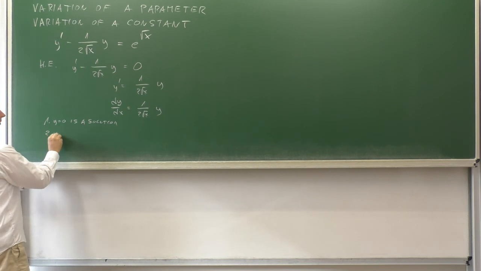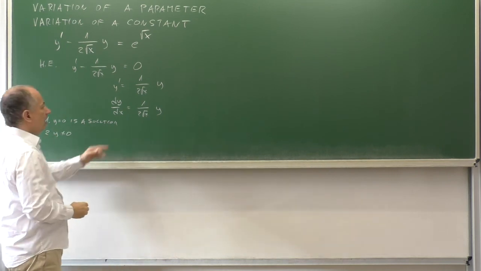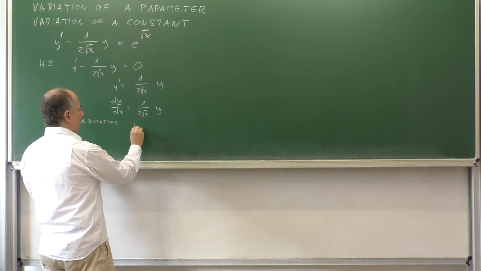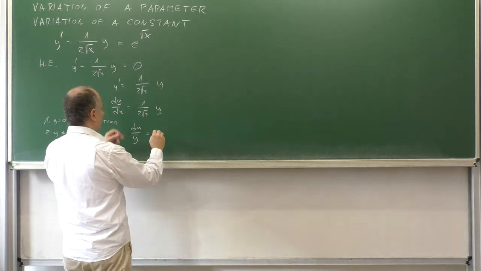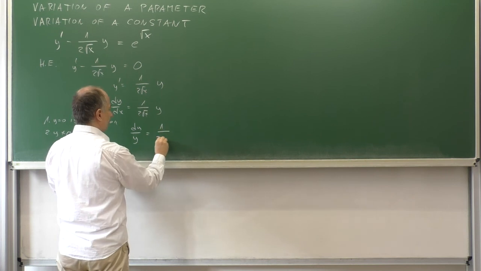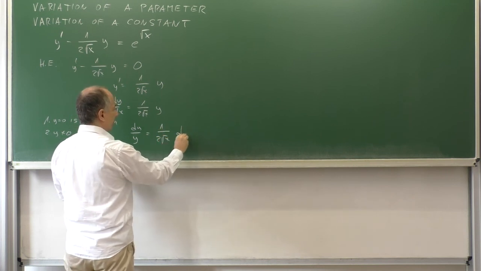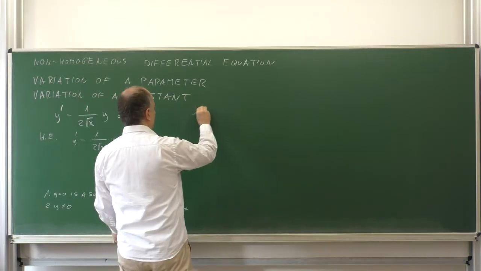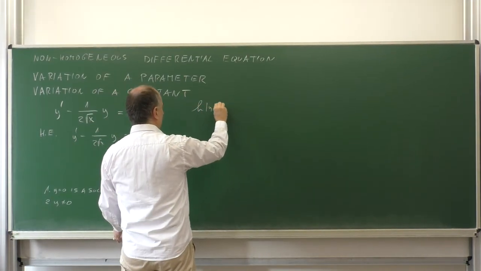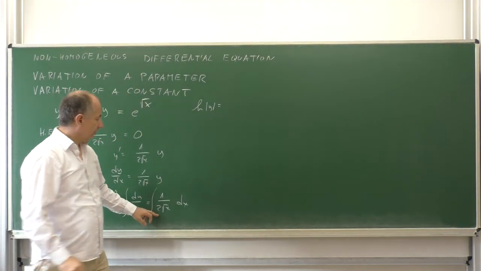And second, if y is different from 0, we can divide by y and multiply by dx, and we have 1 over 2 square root of x dx. We can integrate, and we get logarithm absolute value of y, and this is square root of x